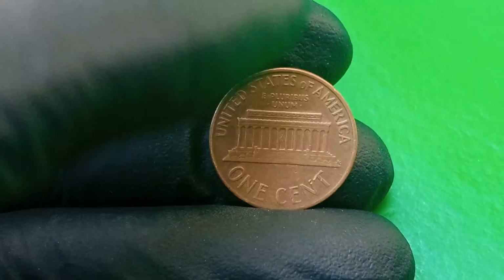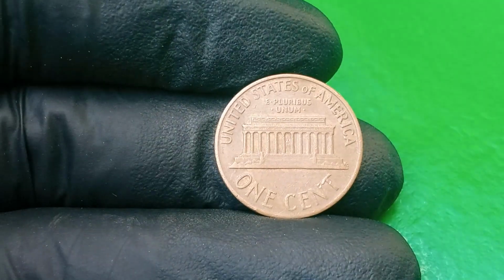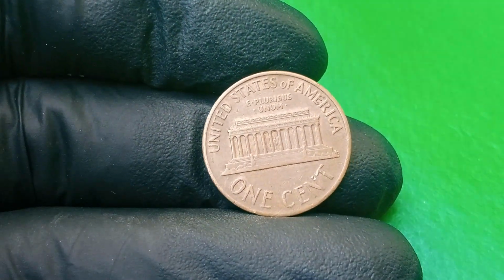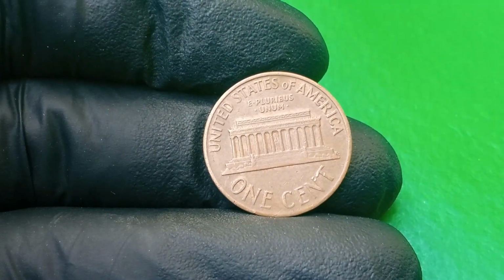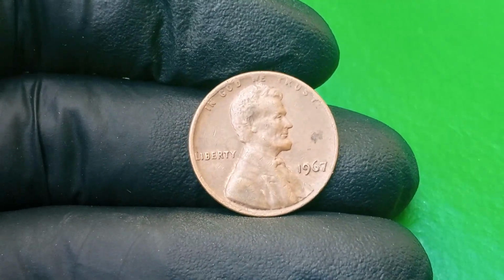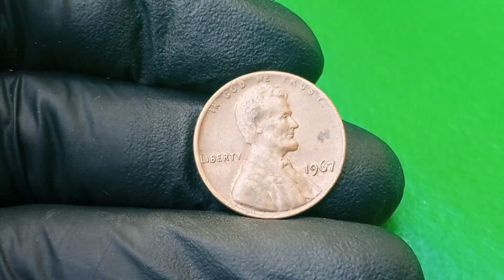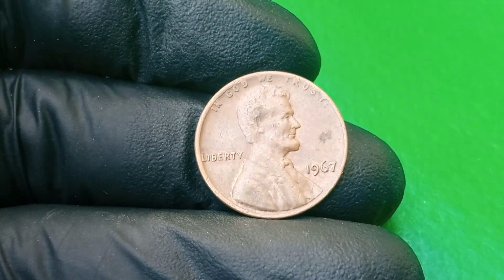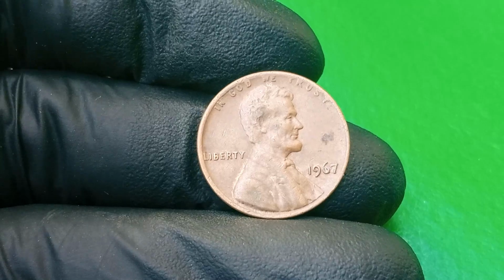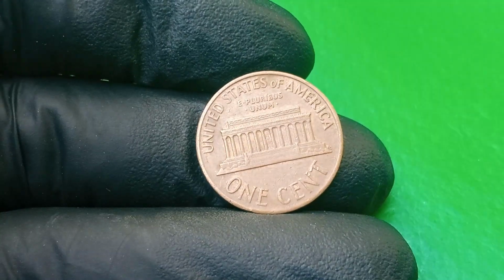One of the most prominent errors associated with the 1967 1 cent involves what numismatists term a double die error, a fascinating phenomenon where the coin's design is struck twice by the die in slightly different positions, causing a visible doubling effect on the lettering, numbers, or other design elements on the coin's surface. This doubling isn't merely a cosmetic flaw but a hallmark of rarity because it occurs due to a mistake in the die-making process, and when the doubling is particularly strong and clear, it dramatically increases the coin's desirability and value